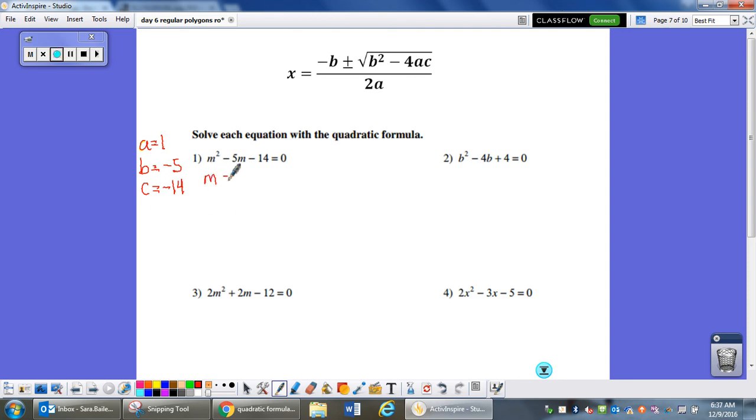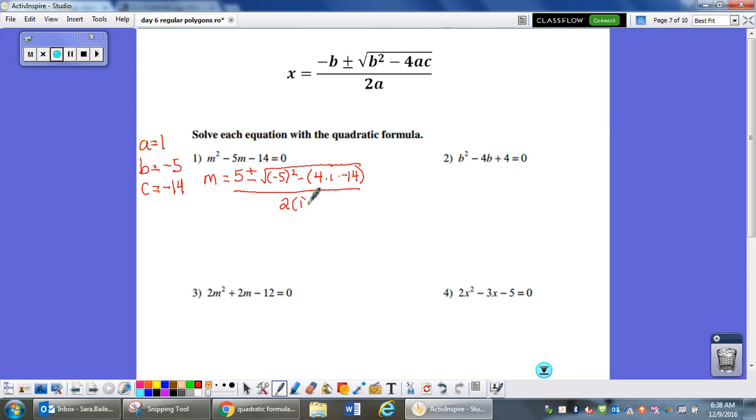Okay? Then what I like to do is just set up my equation. m equals the opposite of b. So the opposite of -5 is +5, plus or minus the square root of, watch while I put -5 in parentheses, minus, and I put all this in parentheses, 4 times 1 times -14, all over